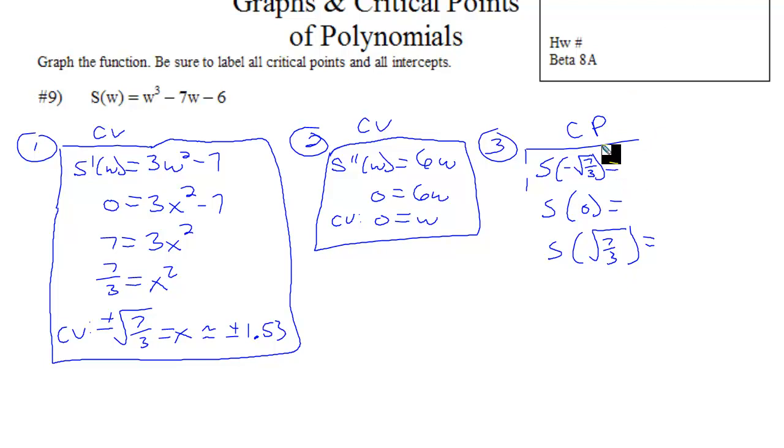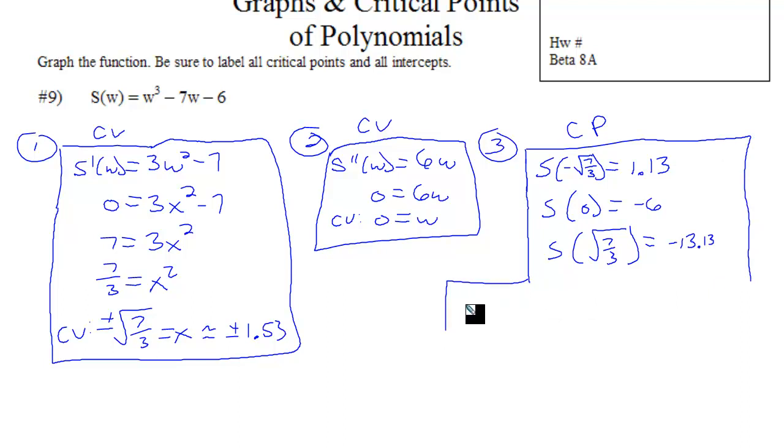If I put negative square roots of 7/3 in, I get approximately 1.13. If I put 0 in, I get -6. If I put the square root of 7/3 in, I get -13.13. These are approximations. So my critical points